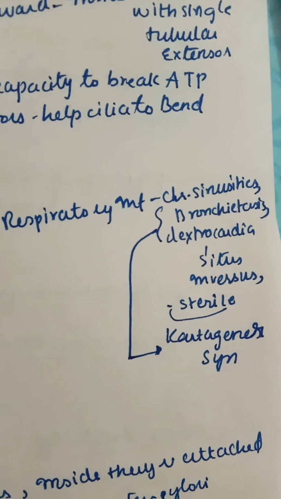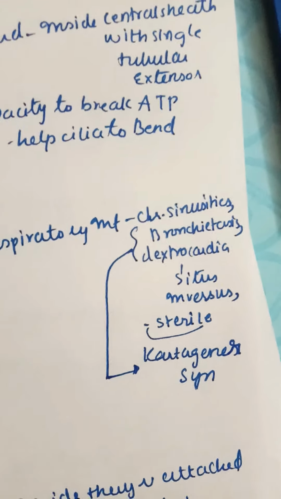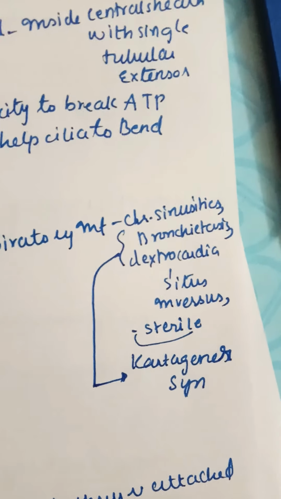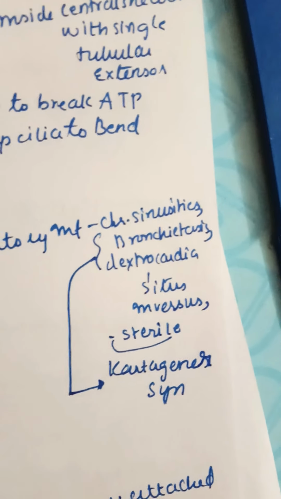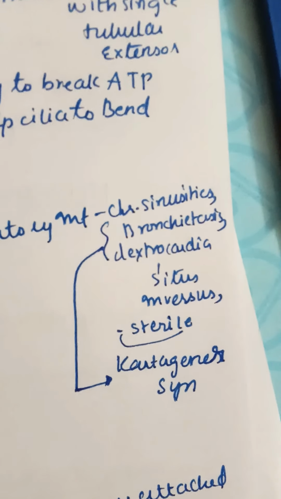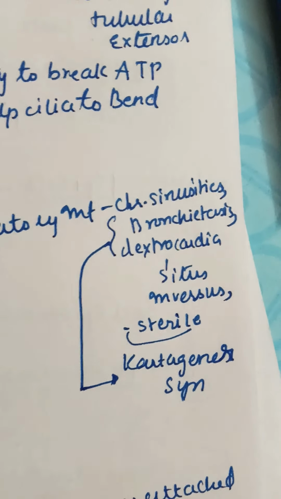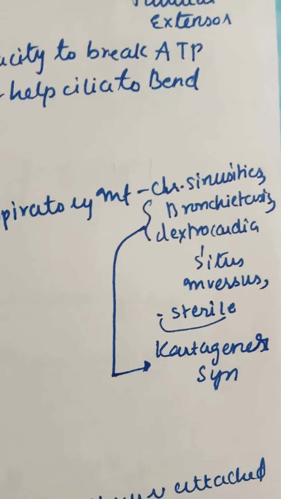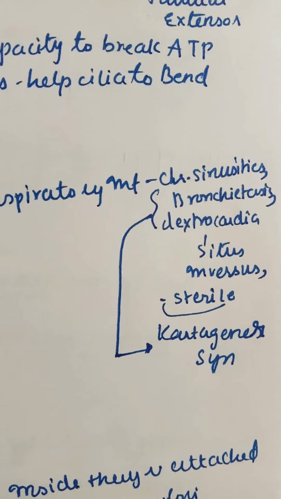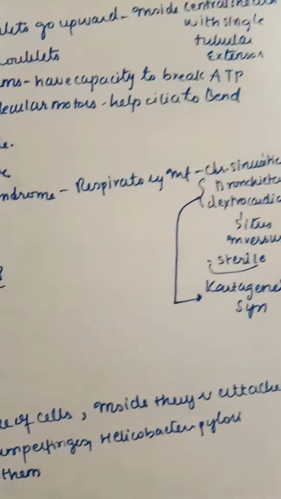That is, sometimes dextrocardia, not only cardia but also many other organs may be present in the opposite direction. Normally the heart is on the left side, but it may shift to the right side. That is known as situs inversus. So the organs may shift their position, and the male may be sterile, and also there is decreased fertility even in the female. And these respiratory diseases, sinusitis, bronchitis, are mainly known as Kartagener syndrome. So Kartagener syndrome is mainly because of a dynein arms deficiency or disease in the dynein arms.